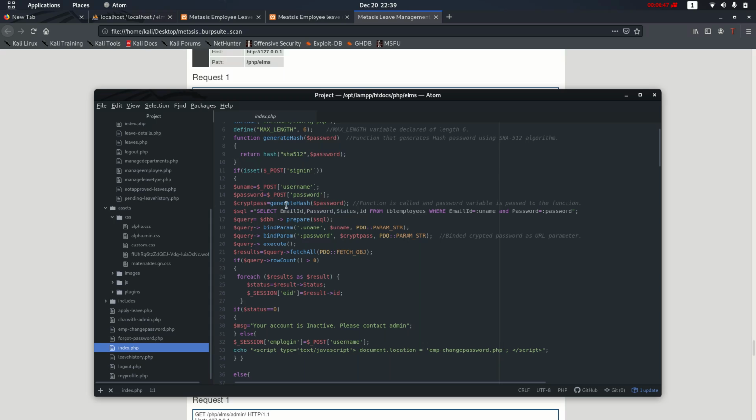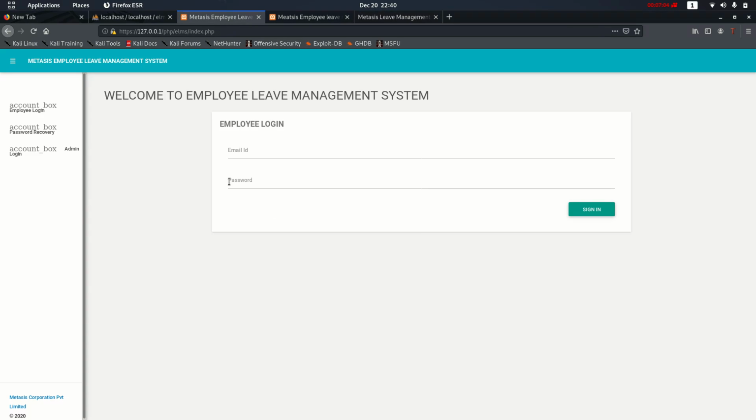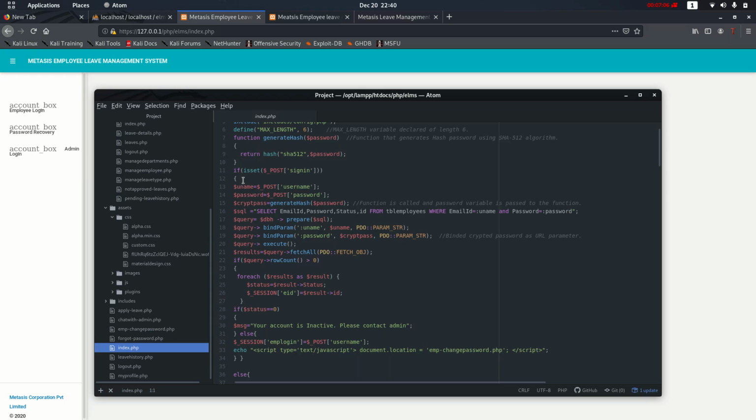As we can see, we have called the function generate hash, and we have provided this function with the password variable. This password variable consists of the password that we put into this section. As soon as this function is called with this password, it returns a hash that is encrypted with SHA-512.